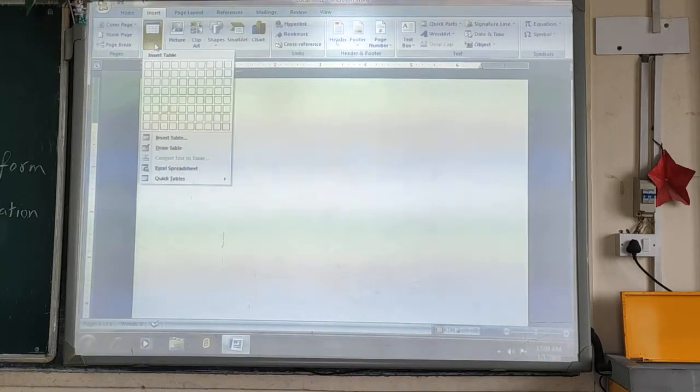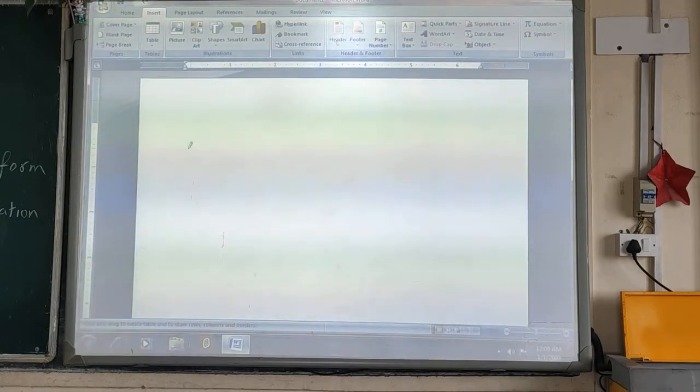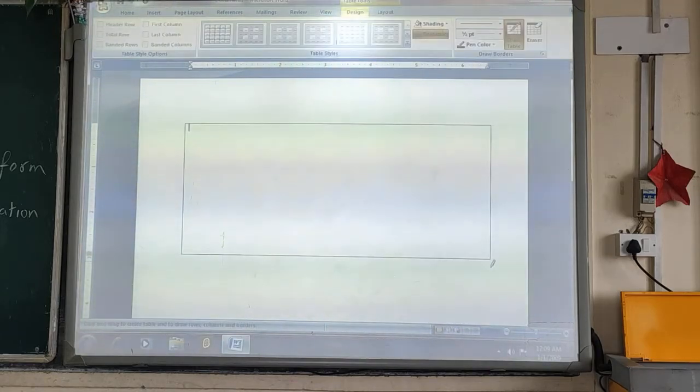You can see another method that is called Draw Table. The Draw Table method gives a user-friendly option where the command allows us to draw the required table by hand. The table and its various points are connected by a straight line. Suppose I choose the Draw Table command, then you can see the mouse cursor automatically turns into a pen, and using this you can create the table.